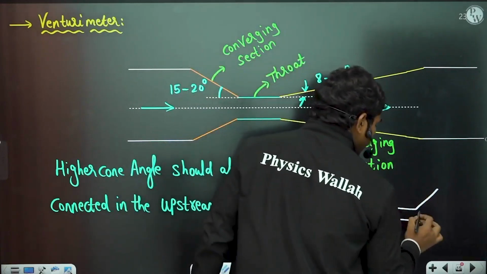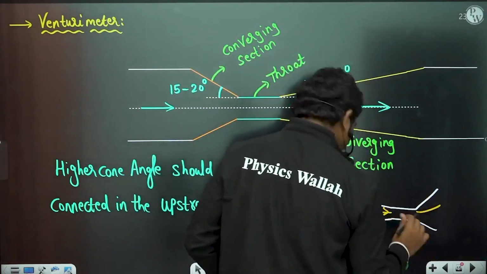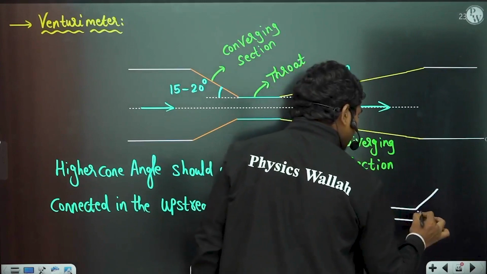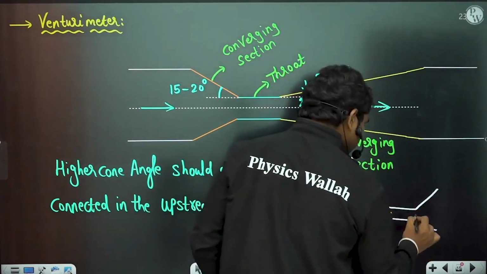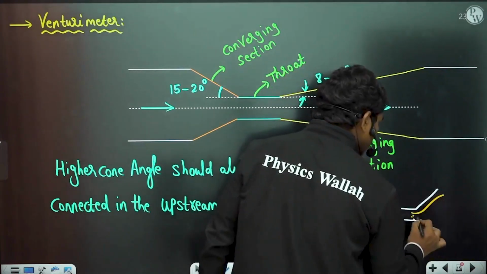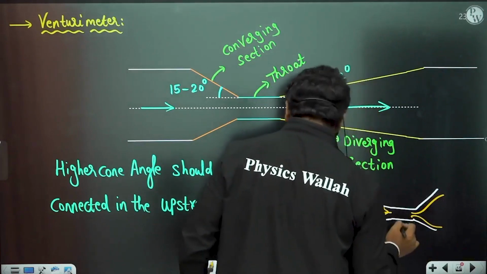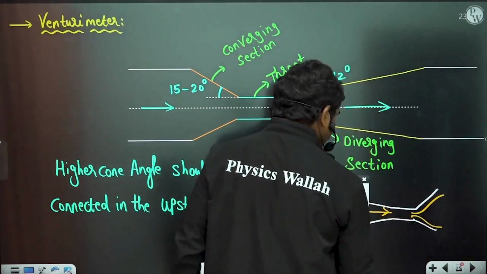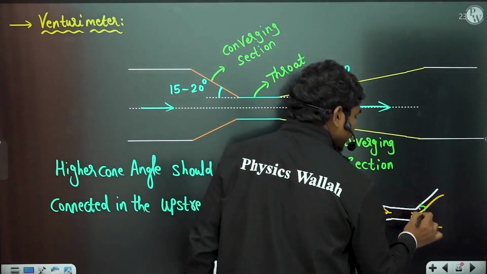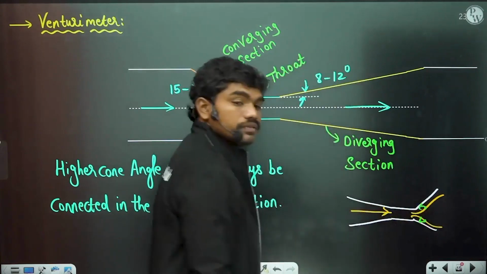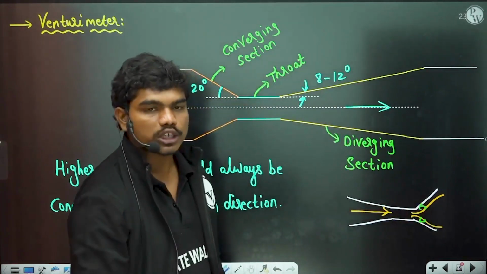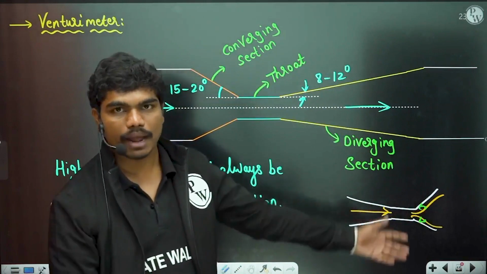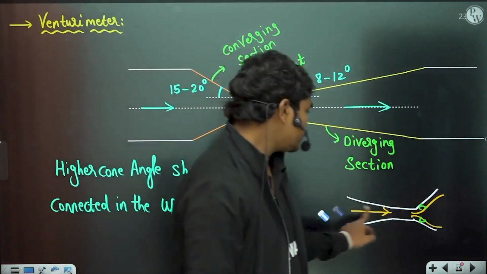At the same time, once the fluid reaches here, because of the higher enlargement, the streamlines will go in this particular direction. So obviously there could be some flow reversal taking place. This flow reversal should not happen, because if flow reversal happens, that's it, the flow cannot happen effectively. So that's why, if you see,